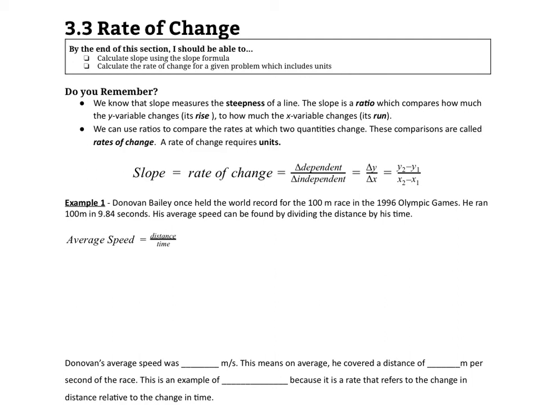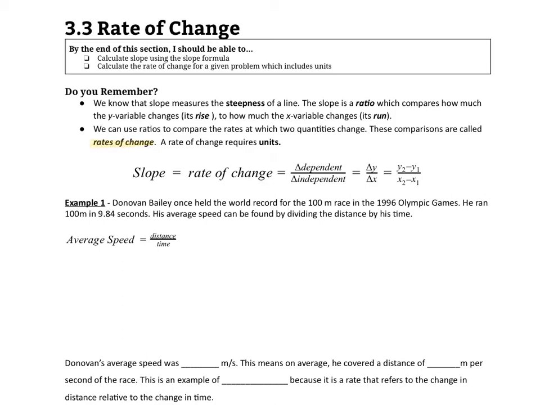We saw in our previous video on slope that slope is a measurement of the steepness of a line. It is a ratio which compares how much the y variable changes, or its rise, to how much the x variable changes, or its run. We can use ratios to compare the rates at which two quantities are changing, and these comparisons are called rates